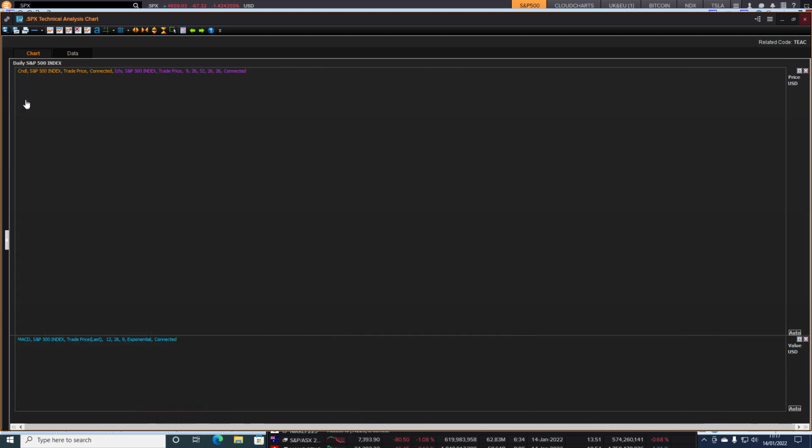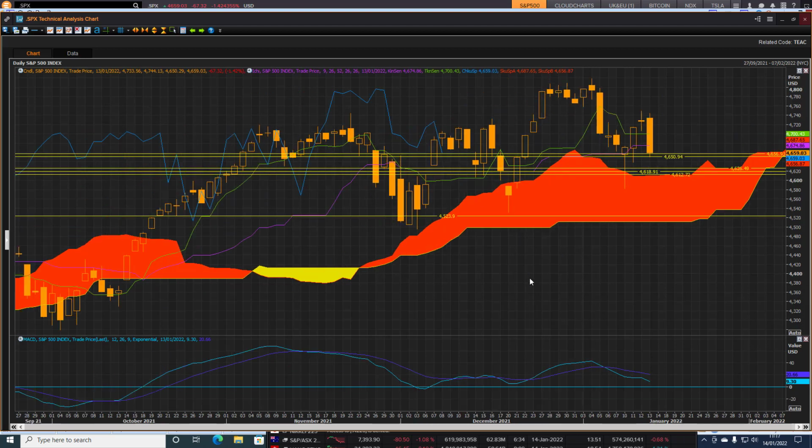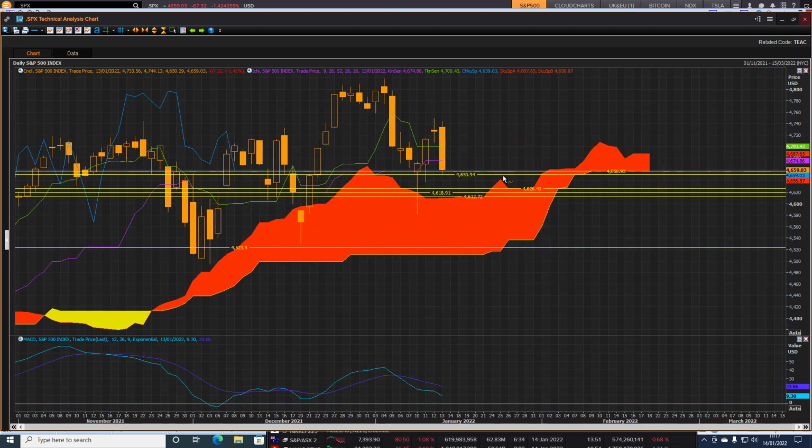But for the time being on the daily, watch out for a potential rebound from these cloud chart levels. If the support fails at 4650, then we might dip into test 4626 or 4618 or 4612. So those are the downside risk targets to keep an eye on for a potential rebound in the market if support fails to come in at this